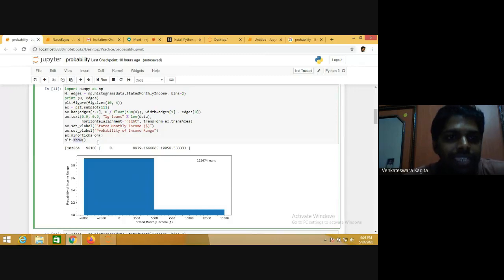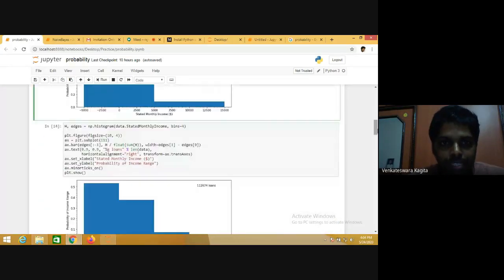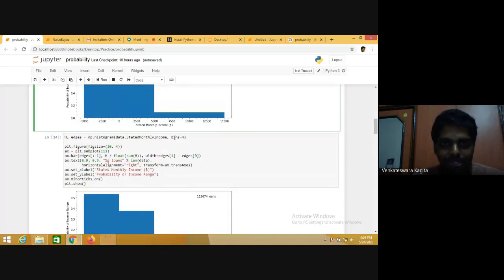If you want, you can save the plot also. In that case, you have to give the address of the folder where you would like to save this figure. Okay, so this is how you can visualize the data with the two bins. Similarly, if you want to do further analysis and divide the data into more bins, then also you can. You just have to change the bins.